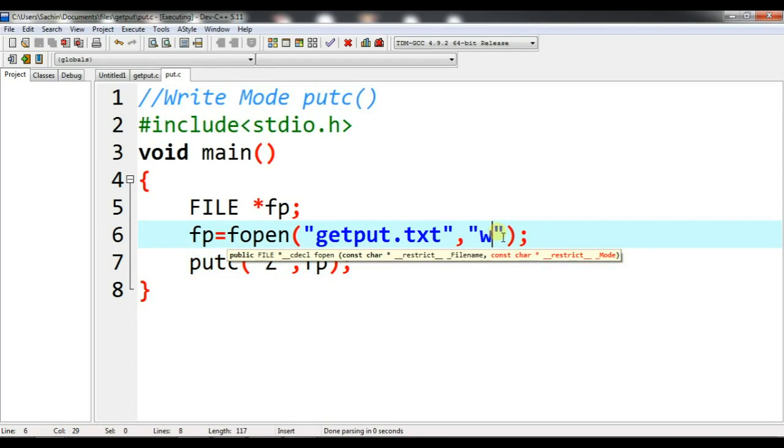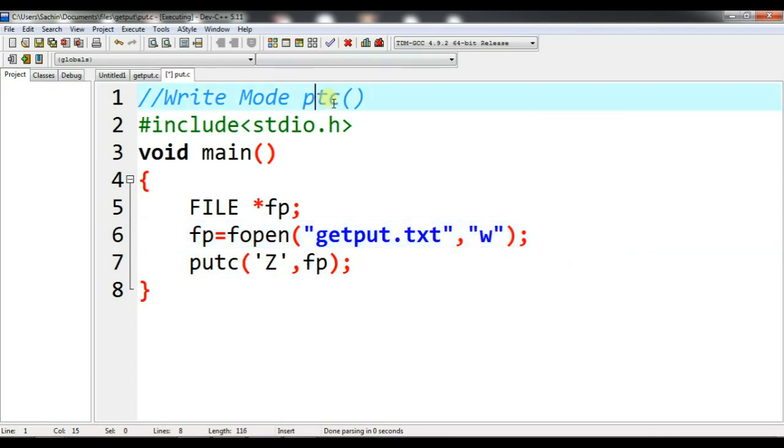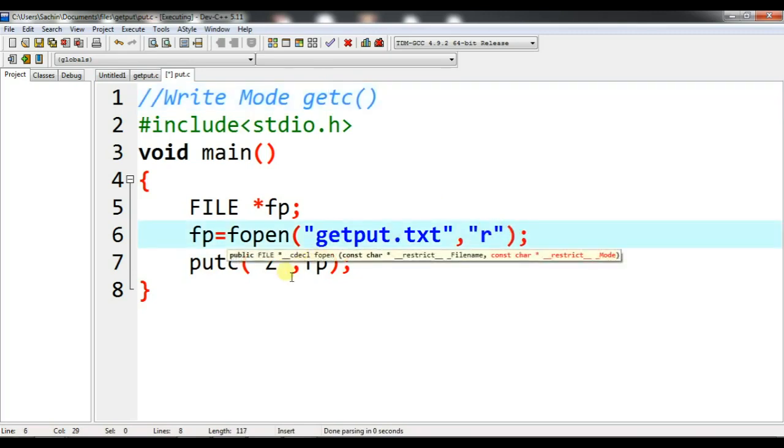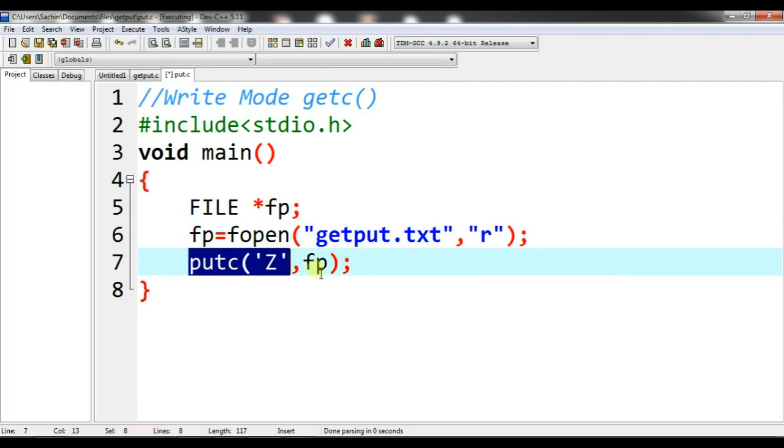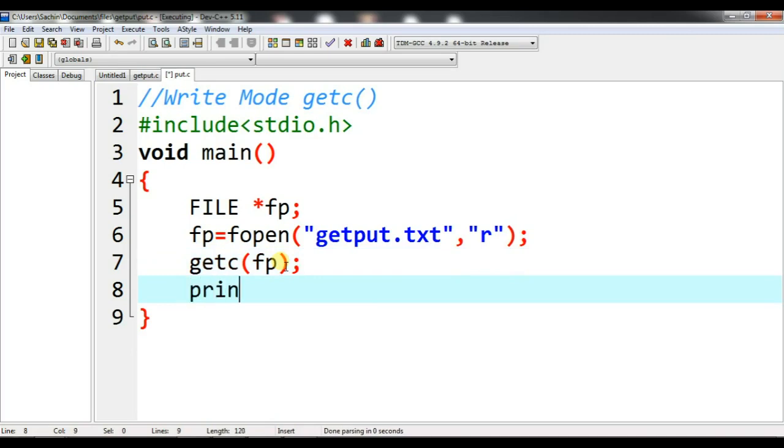Now let me use the getc function. I need to use the mode, that is read mode. getc takes one parameter, which is the file pointer. I need to print the content using printf.